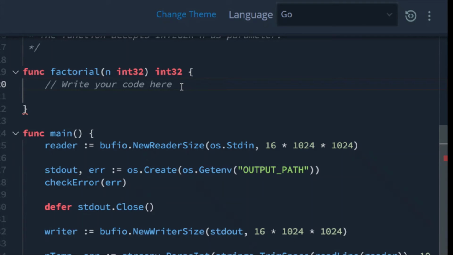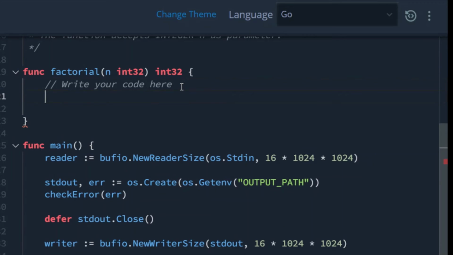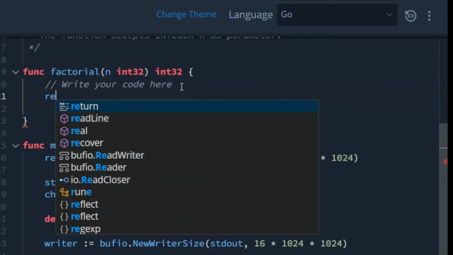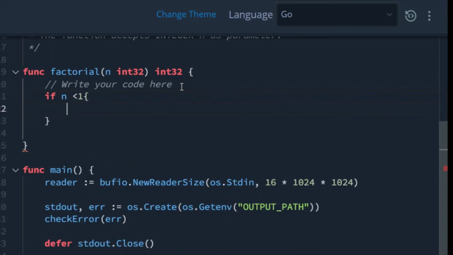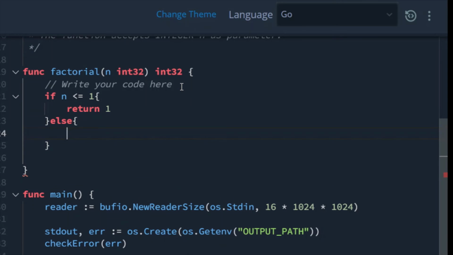So to write the factorial, I'll write: if n is less than or equal to 1, return 1, and else it will return n into factorial of n minus 1.